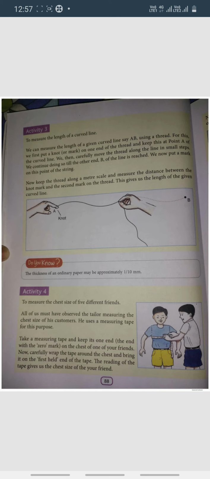So can you measure the thickness of one page? It's very difficult to measure, but you can find this thickness by taking the thickness of all those pages together and dividing that by the number of pages written at the back of that page. Here it is written that approximately one page is about 1/10 of a millimeter thick. 1 millimeter you have seen on the scale, and you can think how much 1/10 of a millimeter will be. Very thin it is.